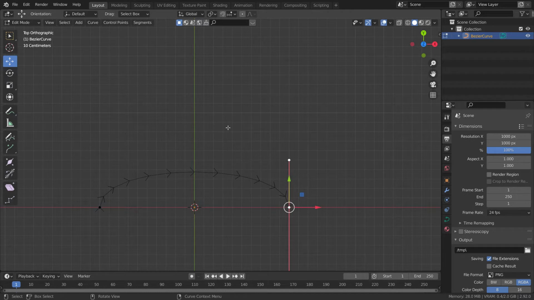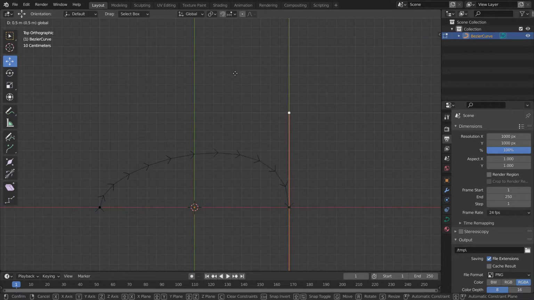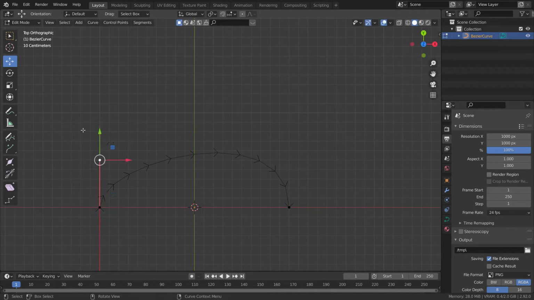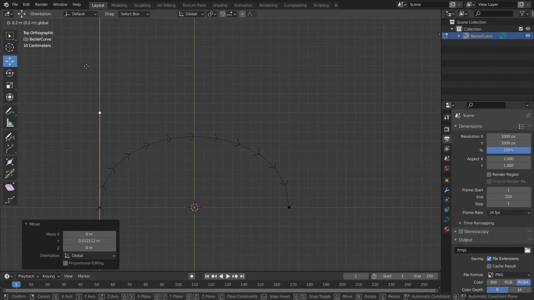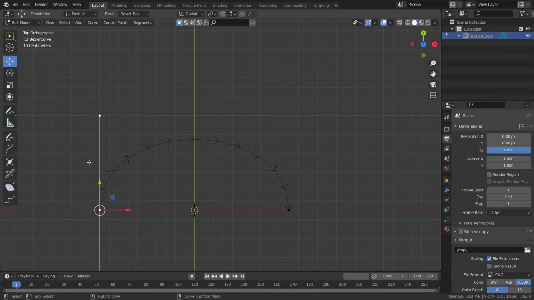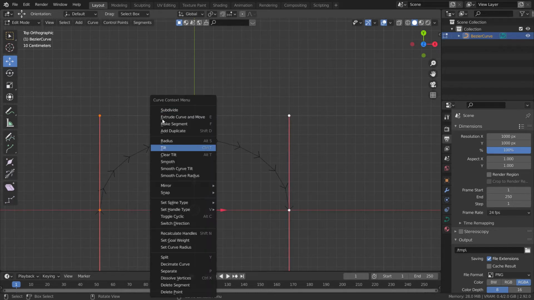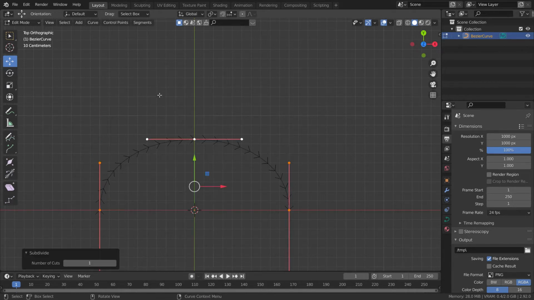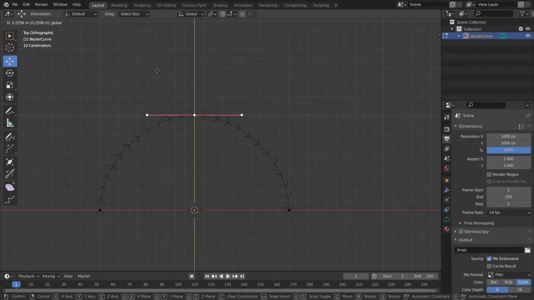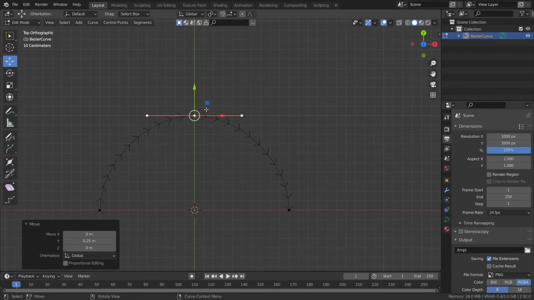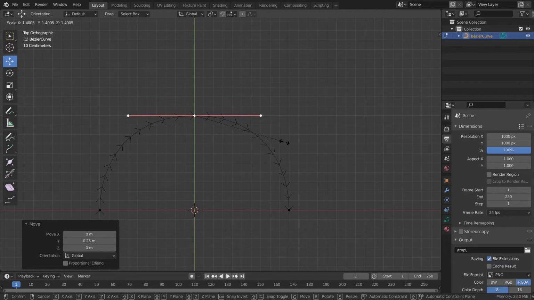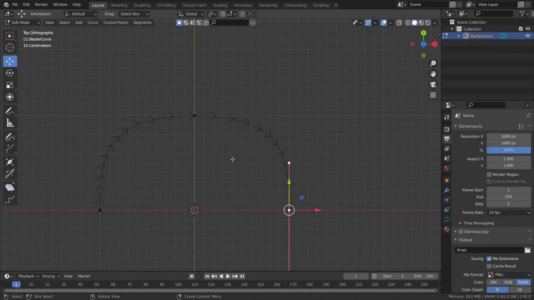So what we will do is, for making the wire, I will grab it towards over there, and then I'll do the same for here. Okay, now I actually want that control point between them, so right click and then subdivide. Let's grab it towards the top till there, and then you can just hit S to scale it, and you can scale it till there.